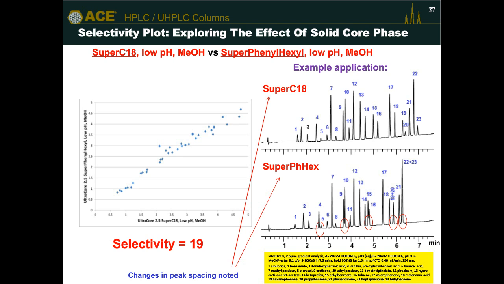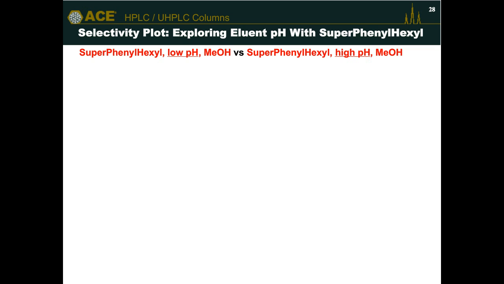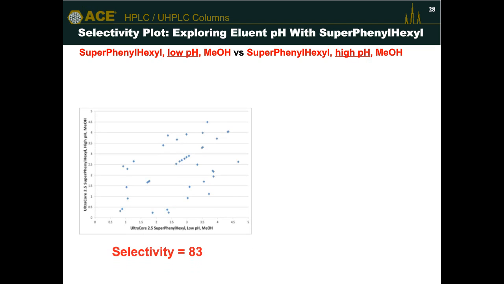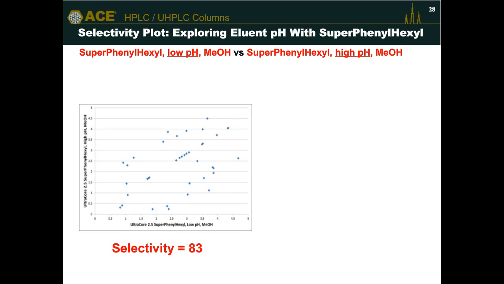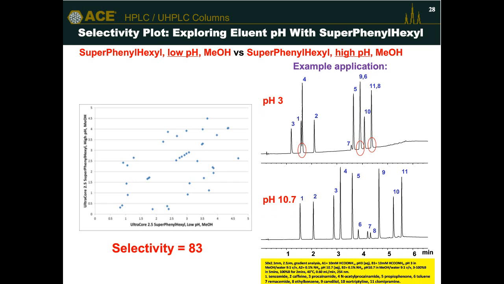Potentially, then you could look at pH on the same stationary phase. So here I have the phenyl hexyl running at both low and high pH with our methanol mobile phase. And that gives us a much bigger scatter in our selectivity plot. So now we have a selectivity value of 83 when we compare the two different pHs. And what that shows chromatographically is again a significant change in selectivity, significant change in alpha. It's what we need for our method development activities, move our peaks around, and therefore hopefully separate them from each other. It's a massive selectivity space when you look at pH,